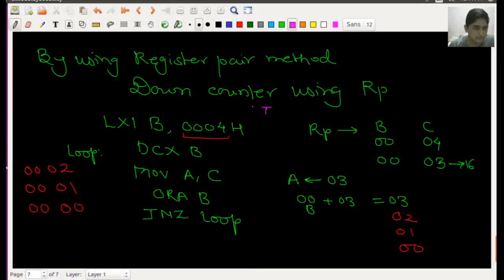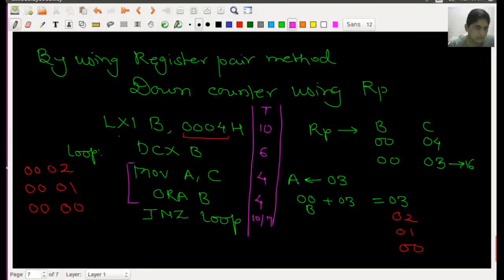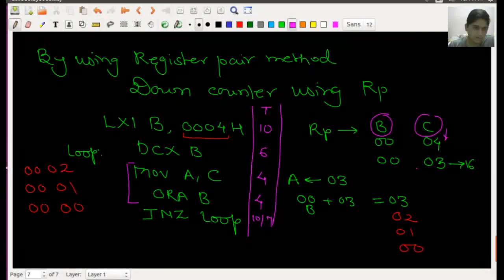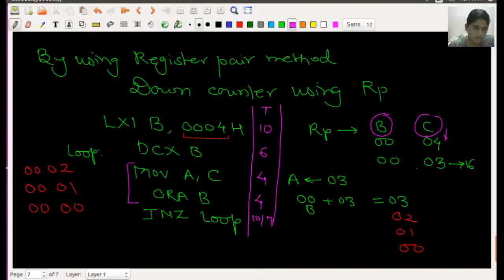Okay. I hope that the concept is clear to all of you. Why we are introducing these two instructions, because we want this register pair which is made up of the two different parts B and C. We are trying to decrement it, and we will compare it so that both of them become 00. Okay, so that's why we will follow this trick. Because it is decrementing the 16-bit register value, the 16-bit register value will be 0. So again the same procedure will be followed.